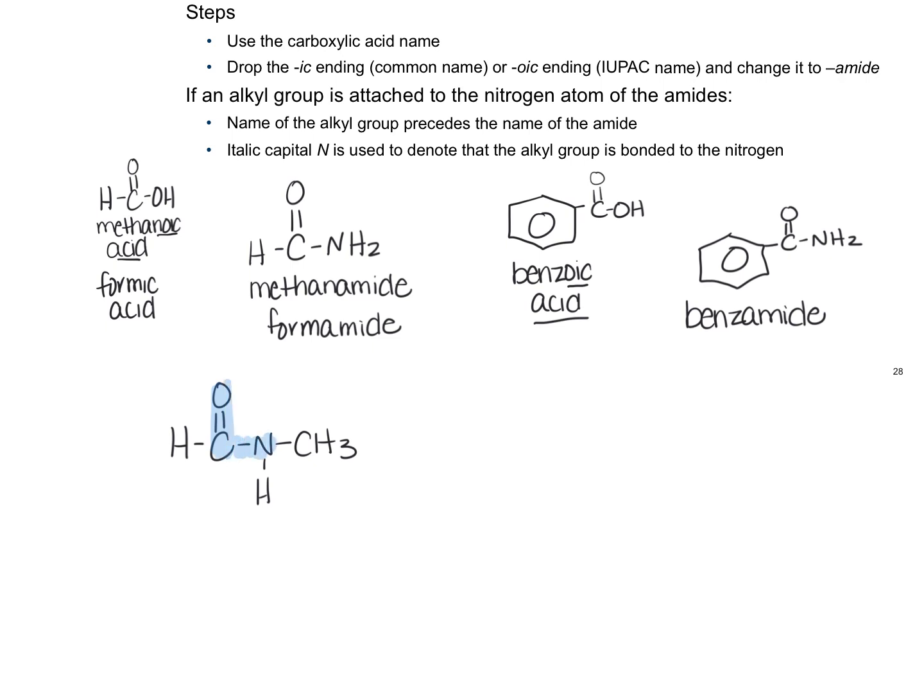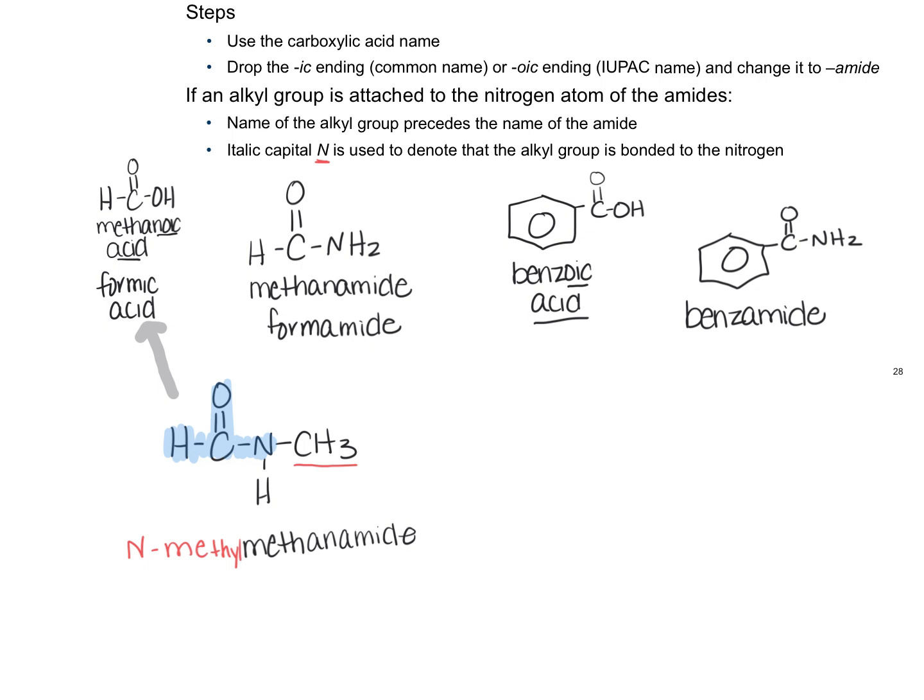And then what you do is you name everything that's connected to that carbonyl using the name of the carboxylic acid right there. So, for example, we would say, okay, we know this base name is still methanamide, right? But we need to also name this guy here. When we do that, that's where we use that capital N. And so we would call this N-methyl